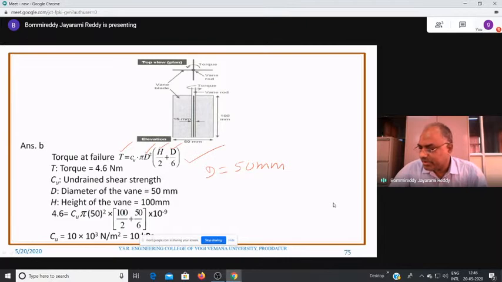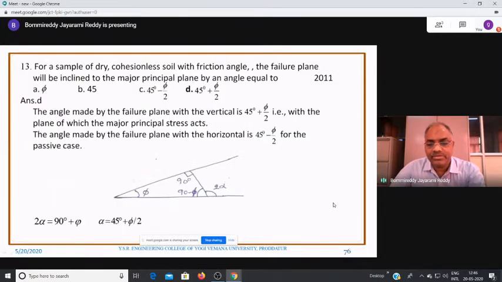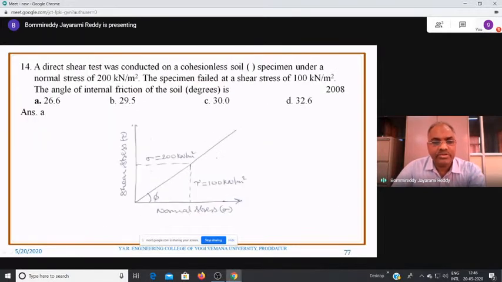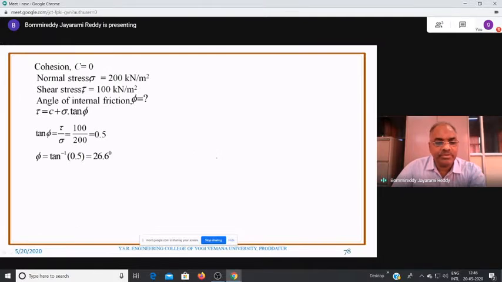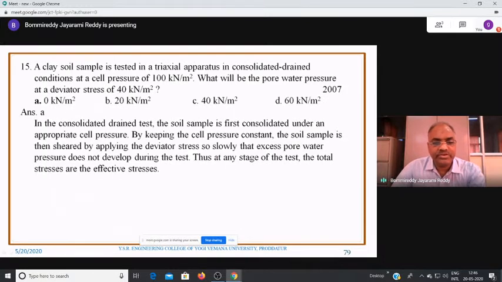Of course, here the height is given as 100 millimeters. The depth below the surface is 500, this entire depth below the surface is 500. But the height of the vane given is 100 millimeters, so use the various values appropriately and obtain it. With this, almost all problems are covered with the previous discussion, and these are very small problems when compared to the problems that were discussed just now.